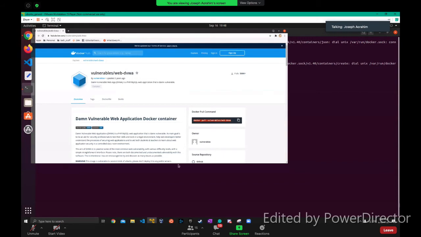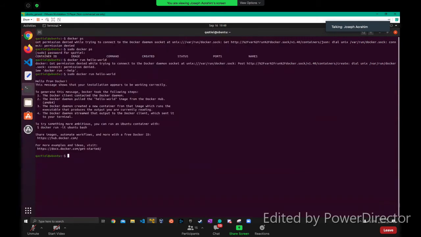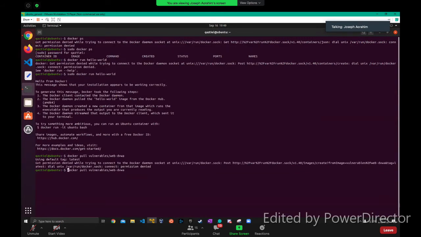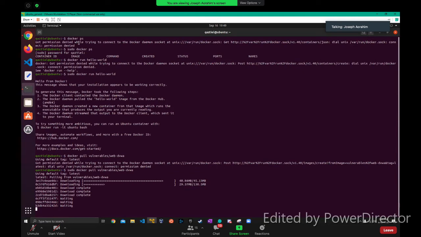There we go. So I'm gonna pull this vulnerable web application, I'm gonna run it, and I hope it's gonna work the way I want, and then I'll be able to show you guys how I have a vulnerable application running, and you can use this for other applications that you see. You could be on here and see a project like, oh, that looks cool, and then run it with Docker if they have a Docker container for it already. So, and like I said, if you go to the Docker Hub,